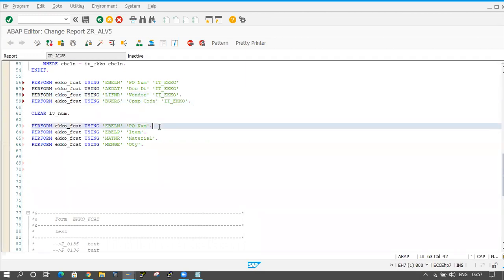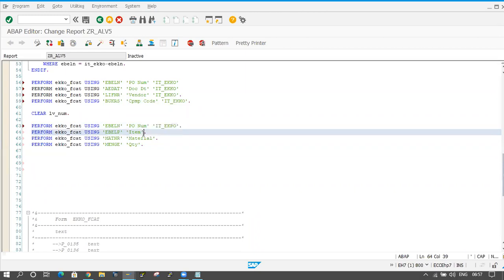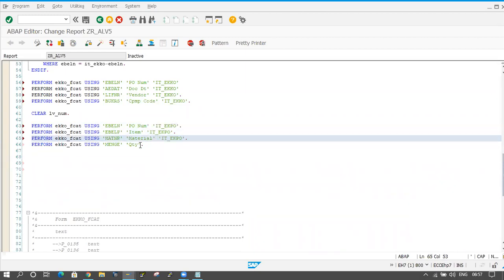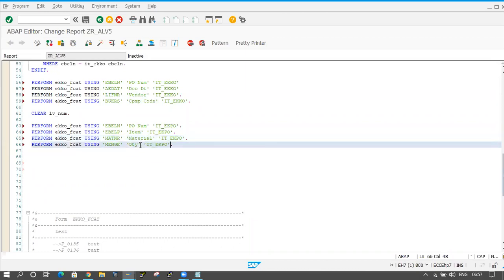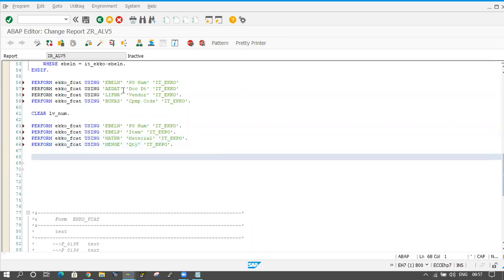Okay, and here this information is ITEKPO. So I will paste here. Here also I will paste. Here also I will paste. Okay, so here I am using three input variables. Okay, three input variables here.